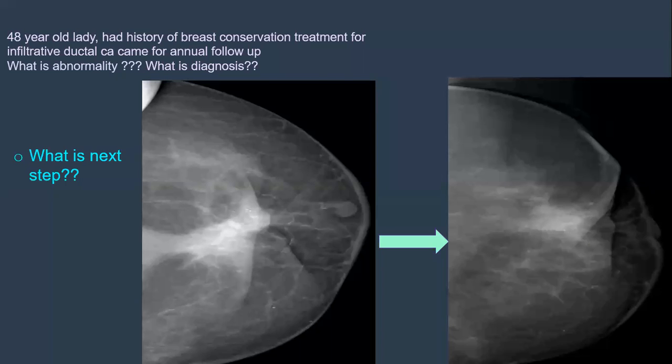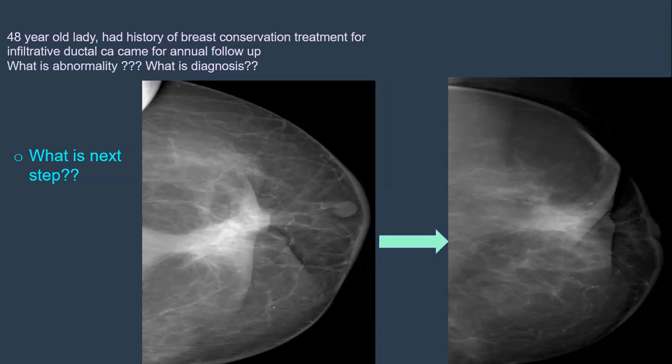Okay, so most likely, and if you look here, the calcifications is more. This is the vascular calcification. But the pleomorphic calcification is getting more than the previous one, and a little bit more distortion, though the asymmetry is regressing. So,